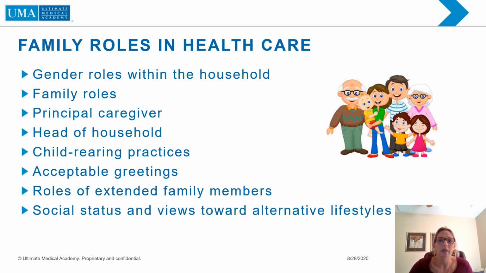The next domain is family roles in healthcare. This is where we're breaking it down to look more specifically at what the family roles are. They look at what gender is with roles within each household. Some male, some female, which one's more important? And whose role is what? It might be, say, in family roles, the mother's the primary caregiver and the father is the primary breadwinner, or flip-flop. It could be the other way around, or who's the most important within that family structure or hierarchy, such as, like I said, the principal caregiver, who's considered the head of the household.